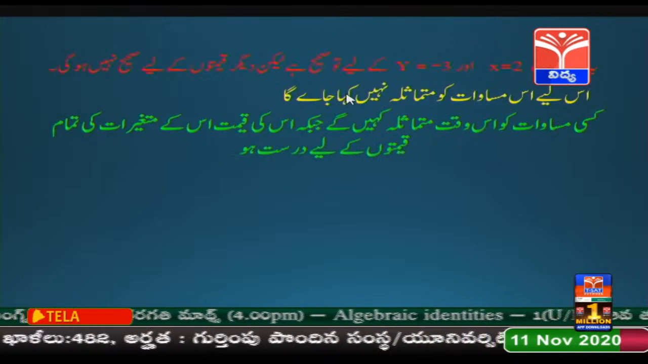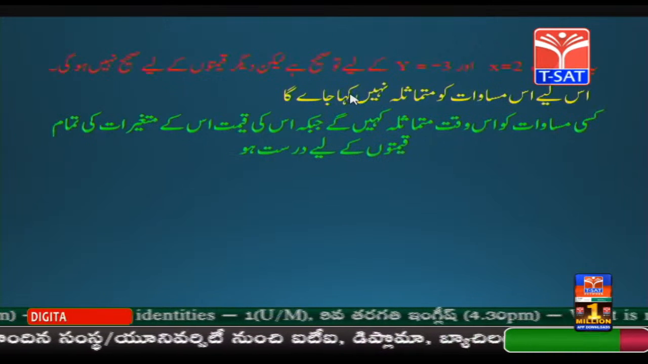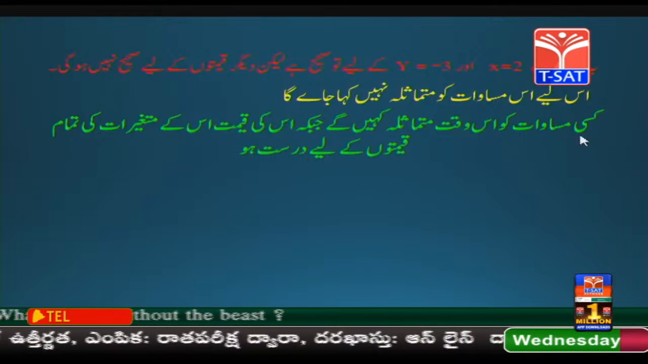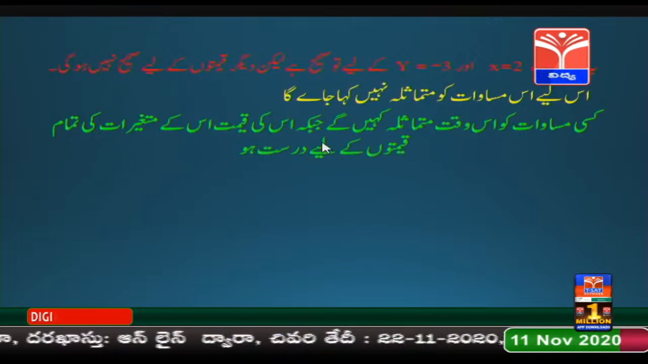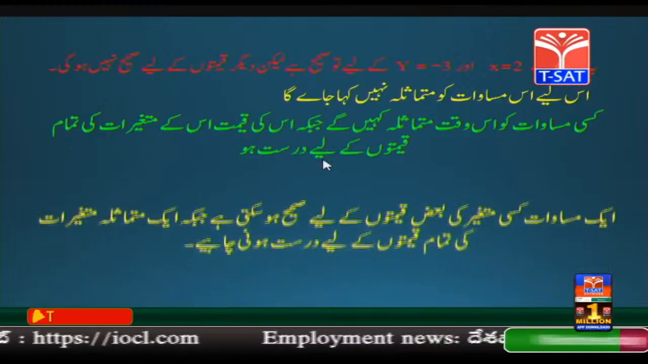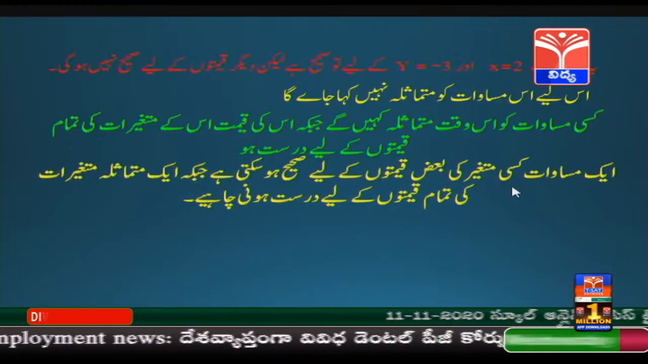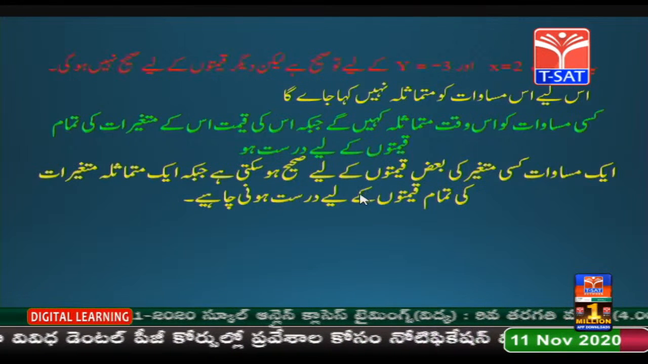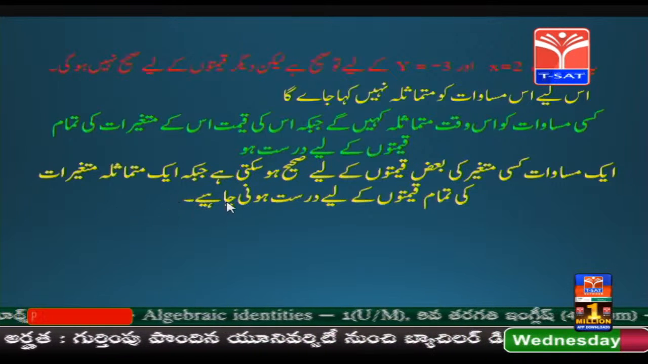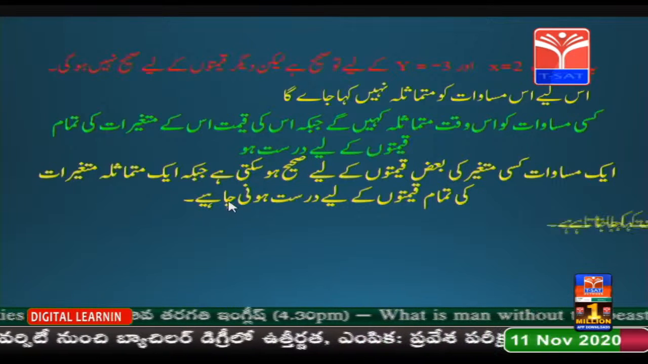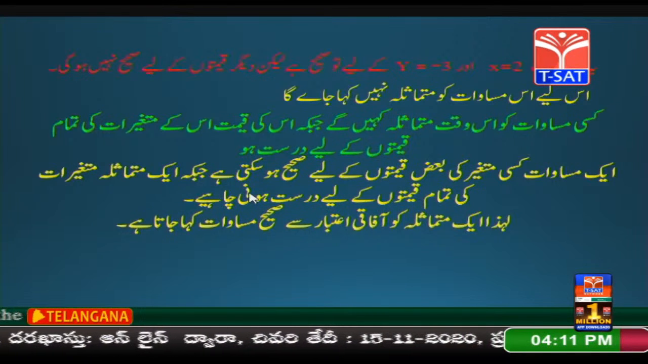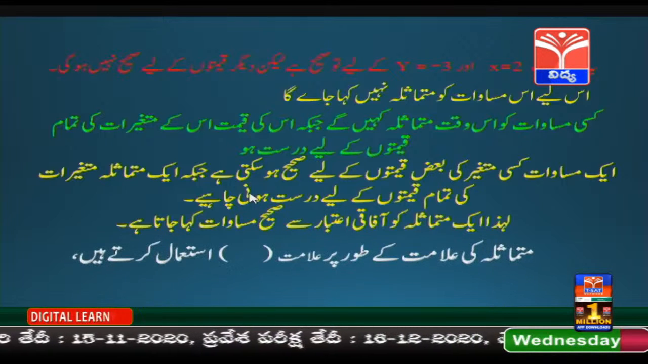کسی مساوات کو اس وقت متماثلہ کہیں گے جب اس کی قیمت اس کے متغیرات کی تمام قیمتوں کے لیے درست ہو۔ یعنی متماثلہ کی تعریف یہ ہے۔ ایک مساوات کسی متغیر کی بعض قیمتوں کے لیے تو صحیح ہو سکتی ہے جبکہ ایک متماثلہ متغیرات کی تمام قیمتوں کے لیے درست ہونی چاہیے۔ لہذا ایک متماثلہ کو آفاقی اعتبار سے صحیح مساوات کہا جاتا ہے۔